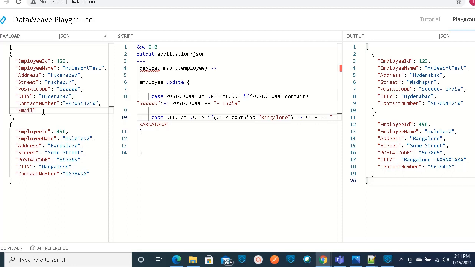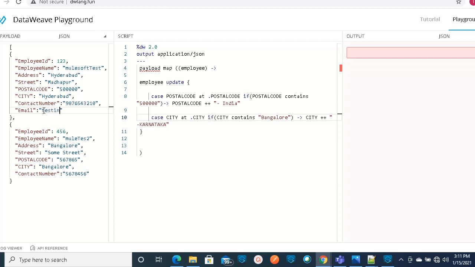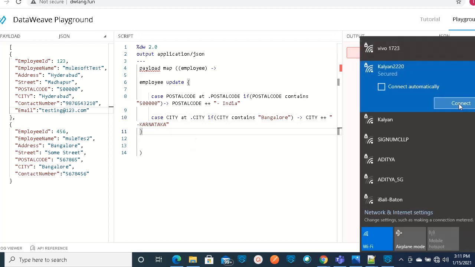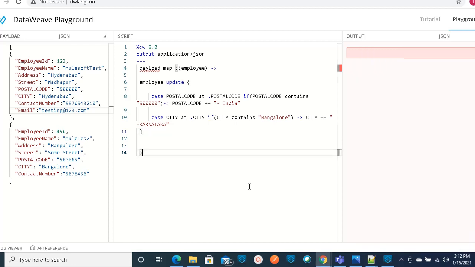I'm going to add the email field here. Okay, so now I have added the email field here.